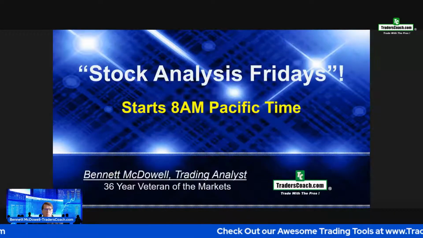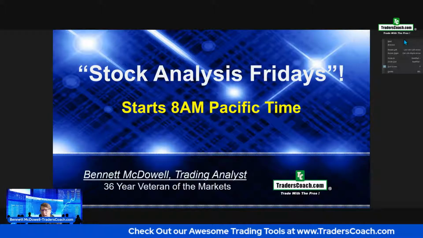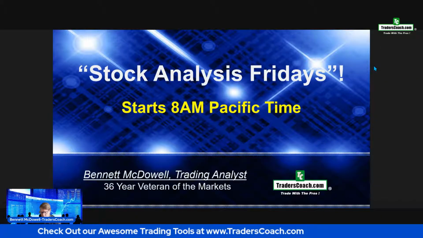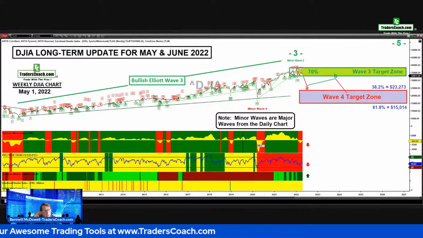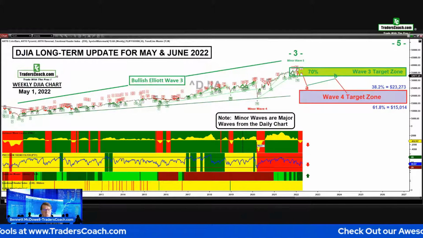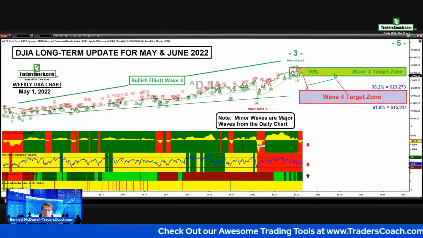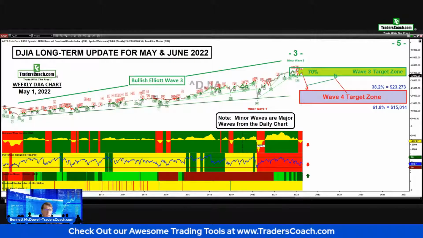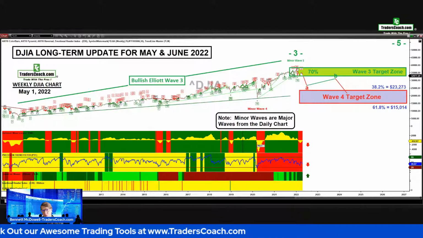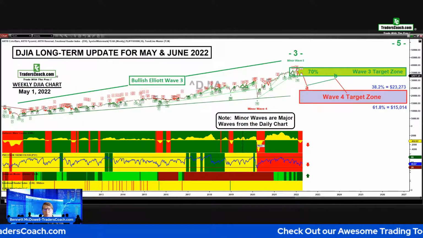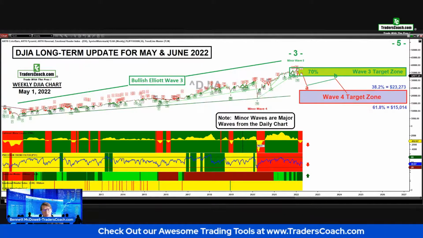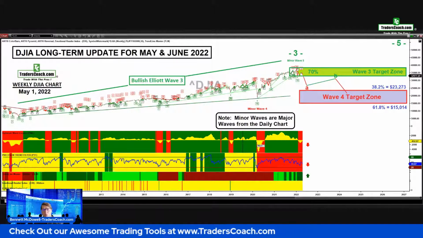Let me just quickly get out of here and let's go into the actual market. One of the things I want to show you on this particular chart, I do this as a long-term chart. It's a weekly chart of the Dow Jones Industrial Average. And I last updated this May 1st, but it's still appropriate for today. We're going to look at the live chart in just a moment. But we've been, of course, calling, many of you that know us, we've been calling for a major correction for quite some time. And it looks like now things have progressed enough that we're going to see that happen currently. So it's on its way.